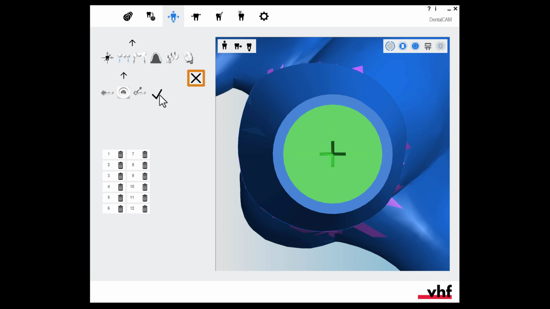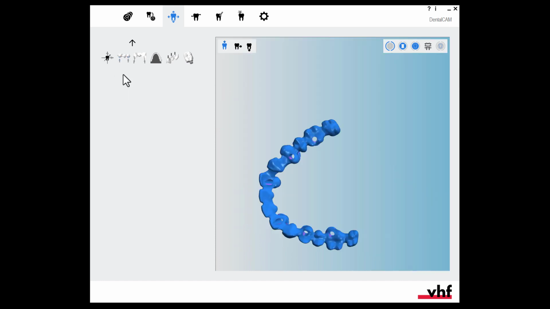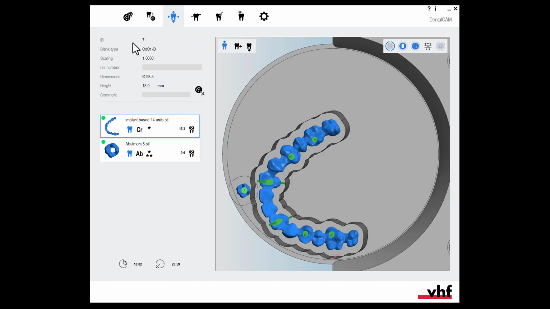With this icon you can exit the editing function without saving your changes. To save our adjustments, we exit the editing functions for drillings with the up arrow. And with the second up arrow we return to the nesting view. Next, we check whether the drilling ranges of the abutment have been recognized correctly. The procedure is the same as for the previous object.